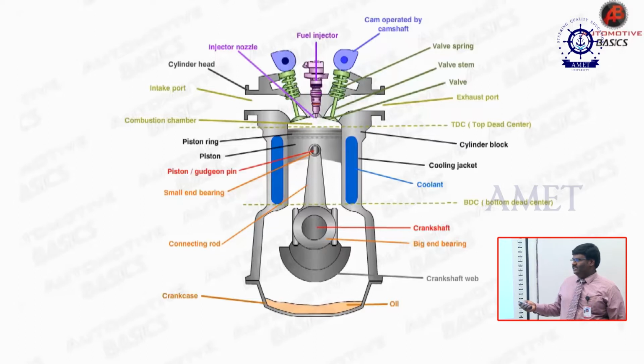Apart from that, you can see the piston pin, which is used for connecting the smaller end of the connecting rod with the piston, and a crank pin, which is used for connecting the bigger end of the connecting rod with the crankshaft. At the bottom you can see an oil sump where oil is present for lubrication. The type of lubrication we employ here is splash lubrication. Every time the crankshaft rotates, oil gets splashed on the walls of the cylinder, thereby lubricating the components inside the engine cylinder. This type of lubrication is splash lubrication, which is suitable for a single cylinder engine.